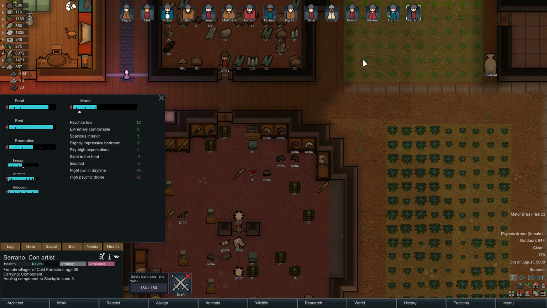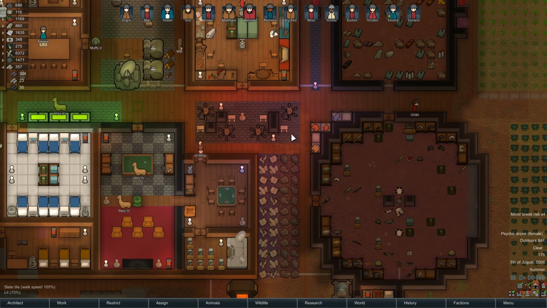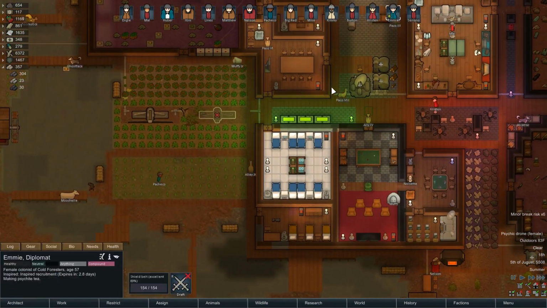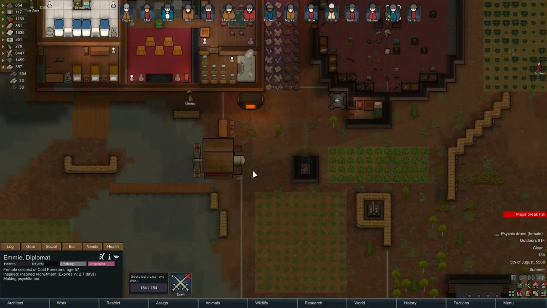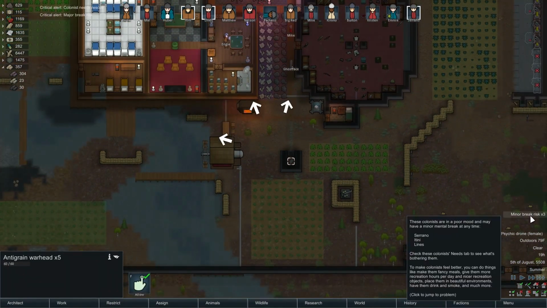Emmy and Serrano. You know, I'm going to leave them. If they snap, I'm not worried about them hurting anyone as much. I think they can, even though they're non-violent. But their fighting skills are so bad that hopefully they don't cause too much damage. Now, one of them could still come and start banging on one of these anti-grain warheads. So I'll have to watch out for that, but...